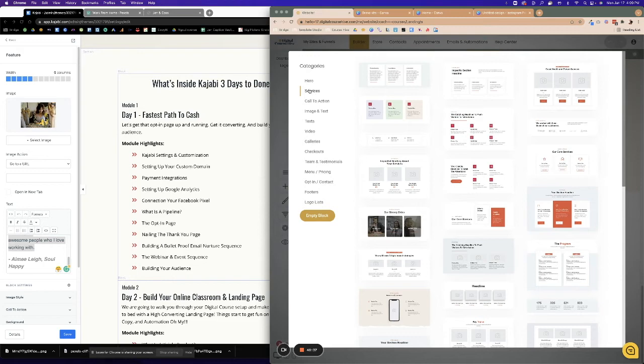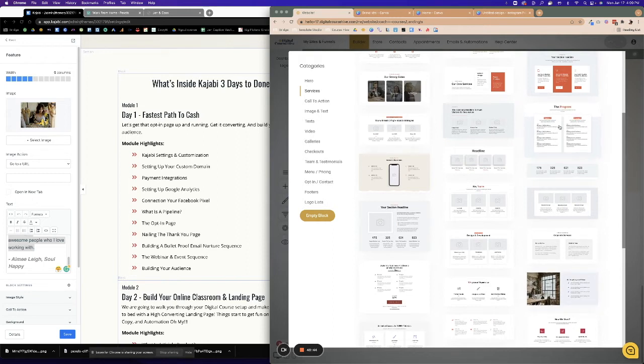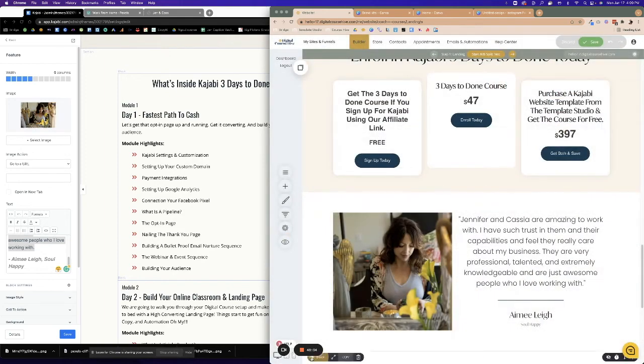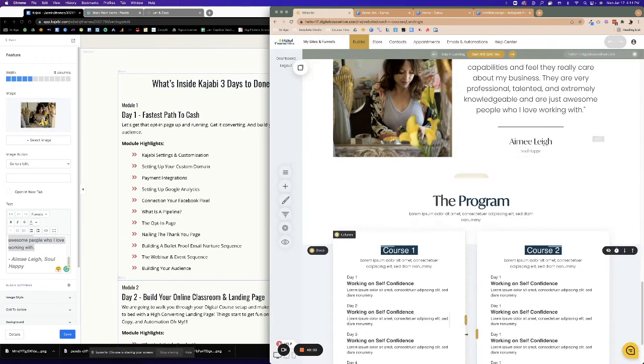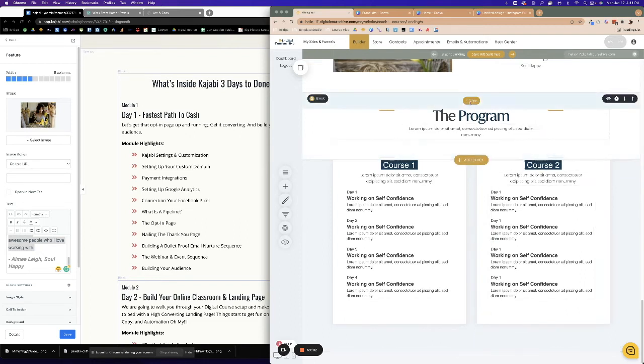We could do it something like our services here. Ooh. We could get it on a third. What do you think? Okay, I gotta go back to... Let's see if I can. So what we're gonna do is, I liked this layout. I'm gonna see if I can actually, sorry,